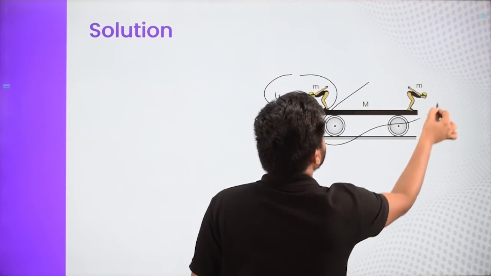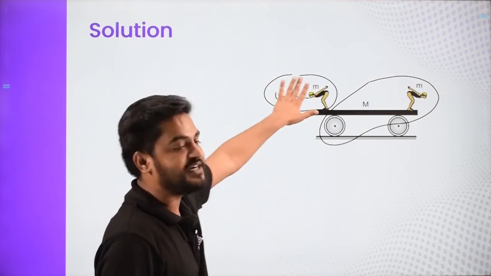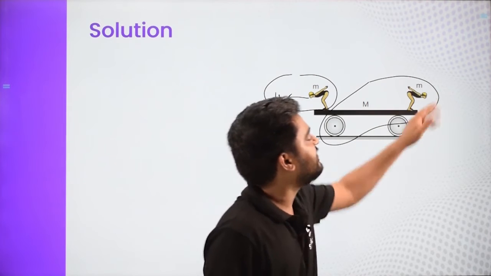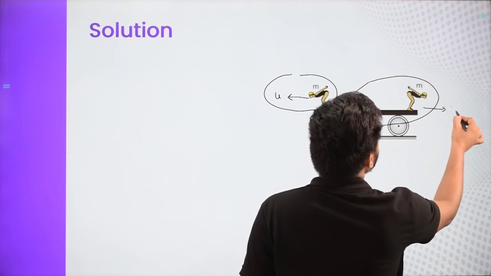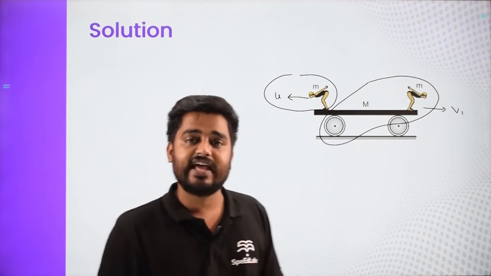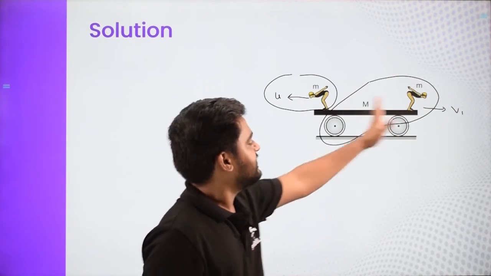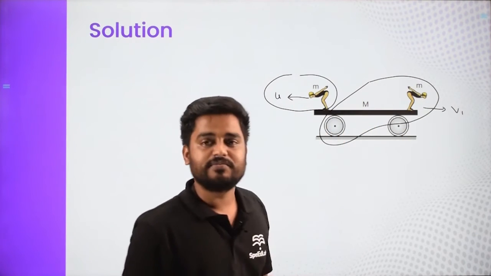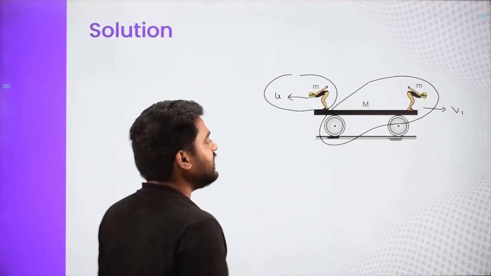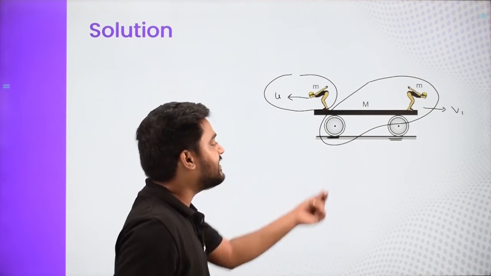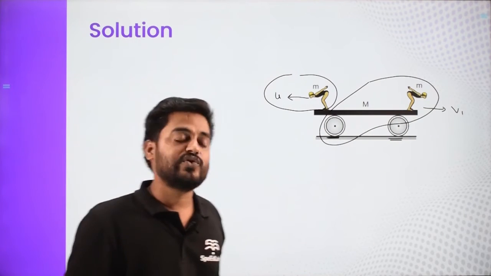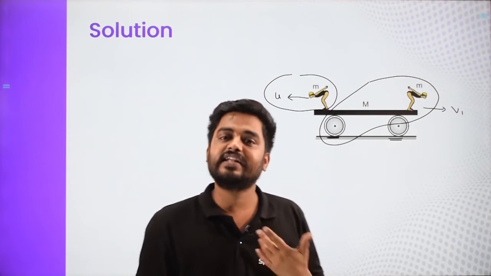So I am applying momentum conservation between these two systems. One particle is this person A, which is jumping towards left with a horizontal speed of u, and this entire thing will simultaneously start going in the other direction with v1. So let us first find v1. I am applying momentum conservation in the horizontal direction. All the forces along the horizontal direction on this entire system can't be there, because the only source of horizontal force is this ground, and friction is absent. If friction is not there, there can't be any horizontal force on the system. So horizontal momentum will definitely be conserved.